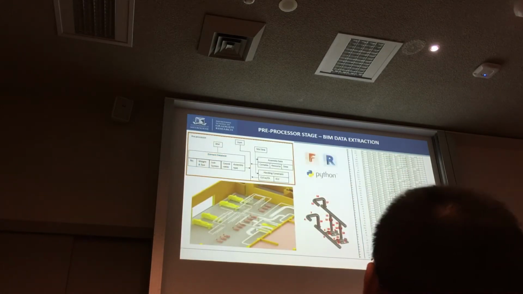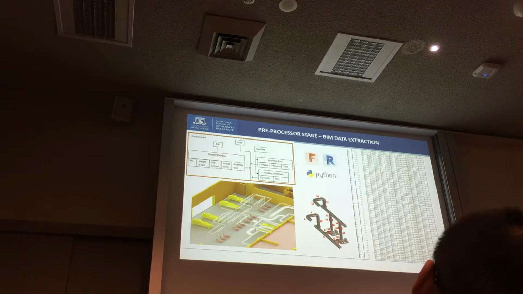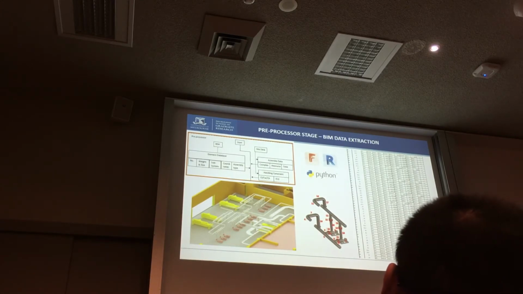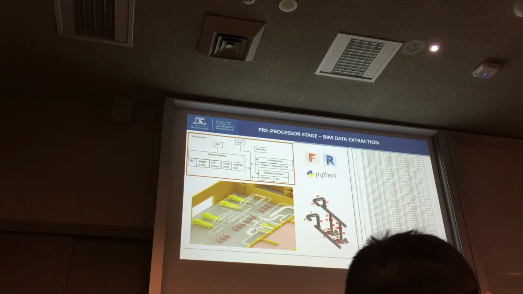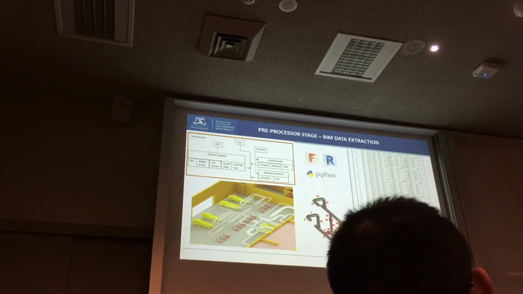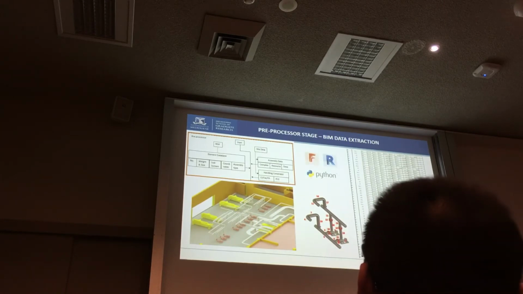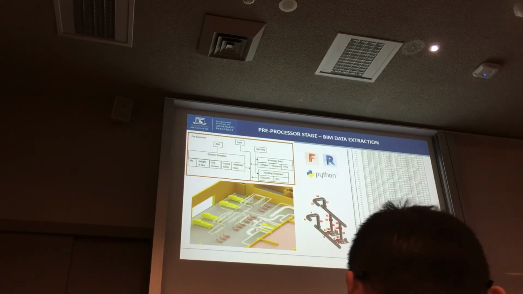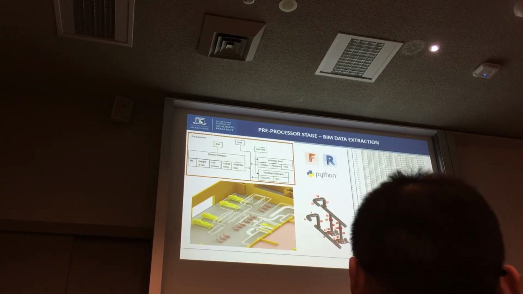So the pre-process stage, what this stage does is it decomposes the system into individual components and then extracts data of these components and assemblies, such as the component types, the connection points, the coordinates of a component connection, and the weight and the sizes of different components. So what you see is a sample data set. A normal plant room has about 130 components normally. So you can see how much data is required to be analyzed in the algorithm.